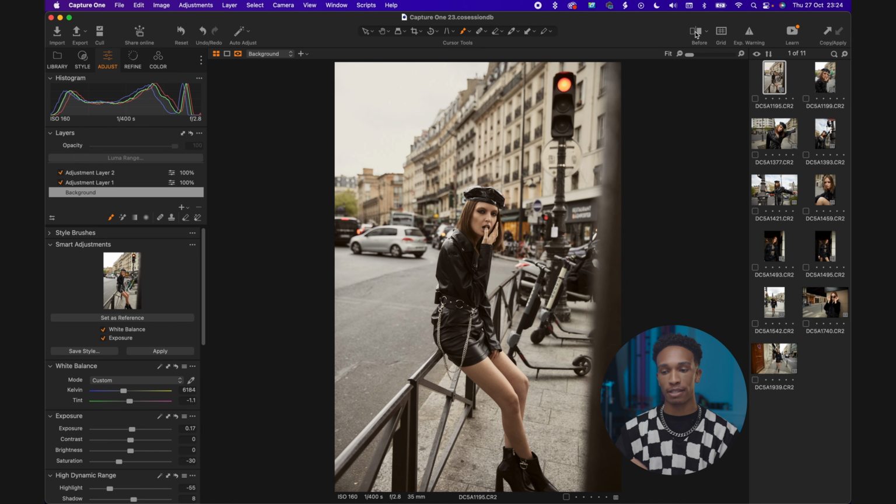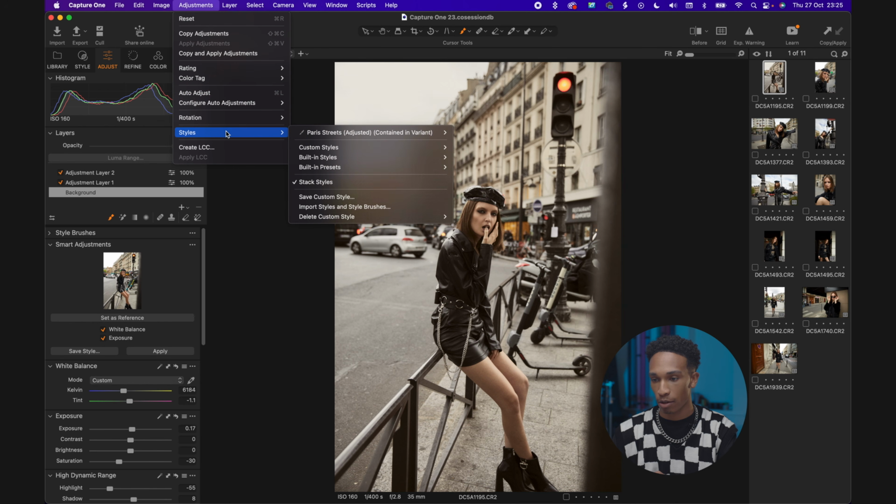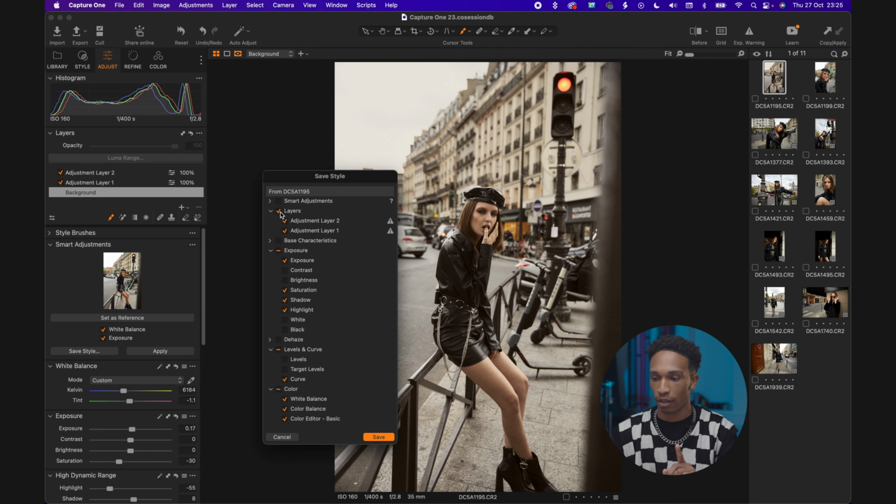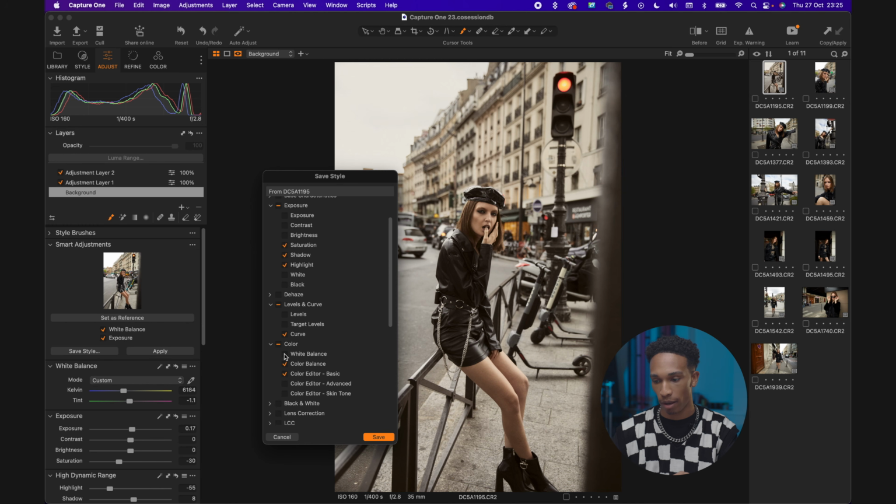What I wanna do now is save this as a style so that I can apply it to the rest of the images in the set. So I'm gonna go up to Adjustments, Styles, Save Custom Style, and I'm gonna get rid of the layers because I don't want those masks that I made. Those were for this image specifically, but I don't wanna apply the same masks to every image. So I'm gonna get rid of the layers, and I'm also gonna get rid of exposure and also the white balance, because we already did our exposure and white balance with the smart adjustment, so I don't want that in this style. So I'm gonna press save,